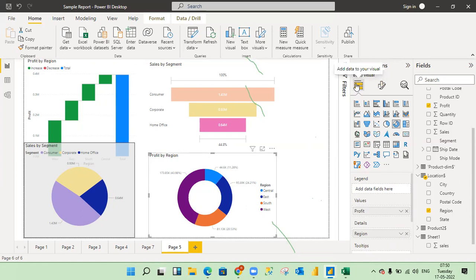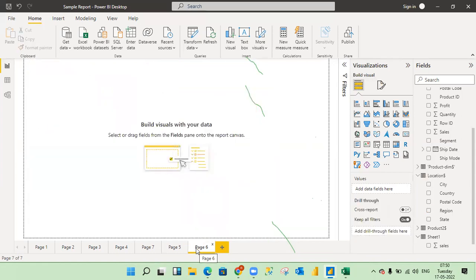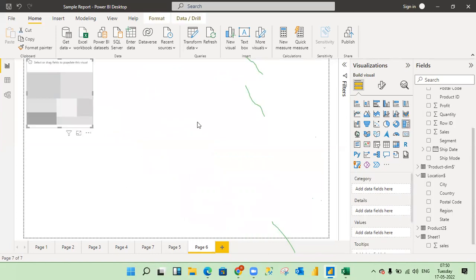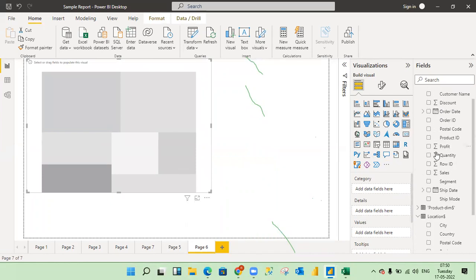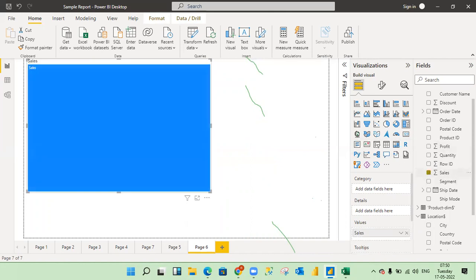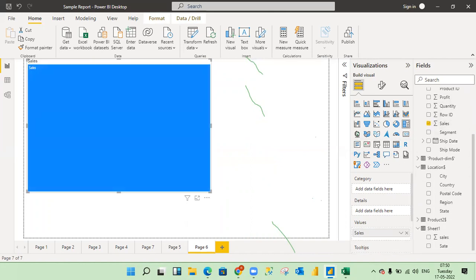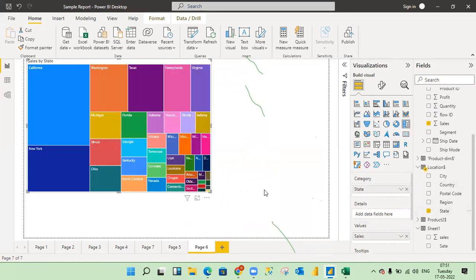Okay, again, let me take another page. Take the tree map. Let me increase it. I'll select the sales. Let me select the state. See,